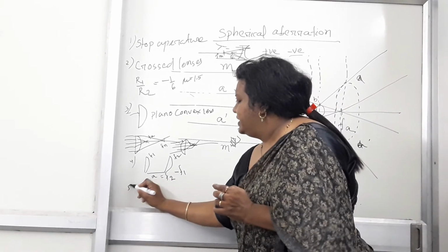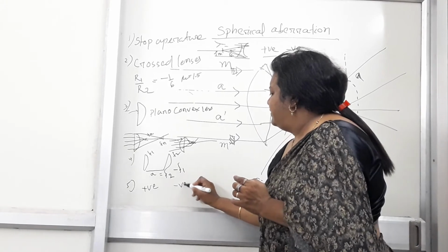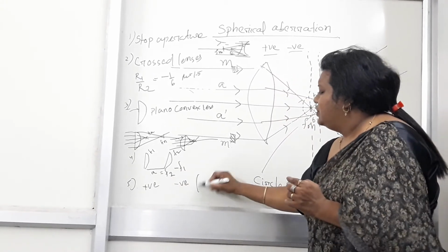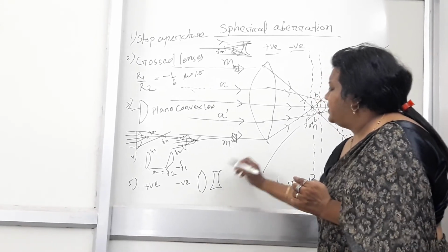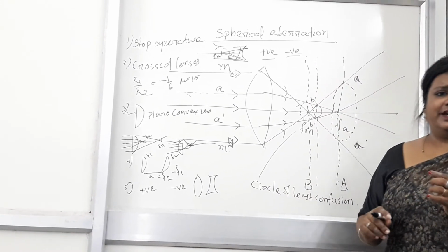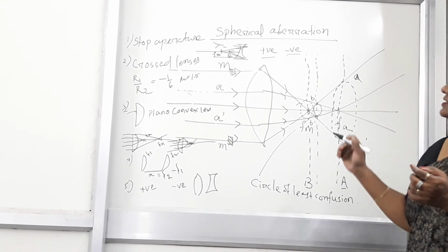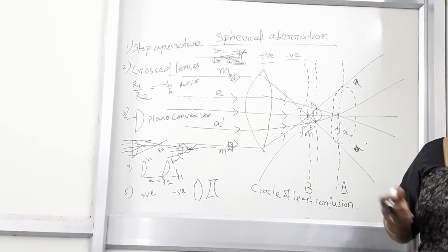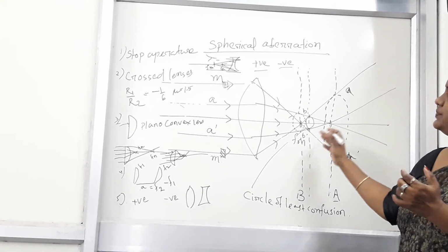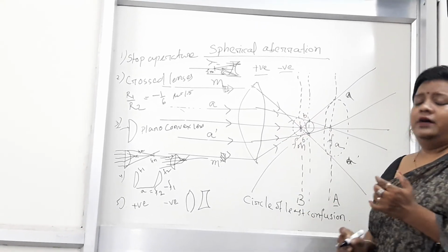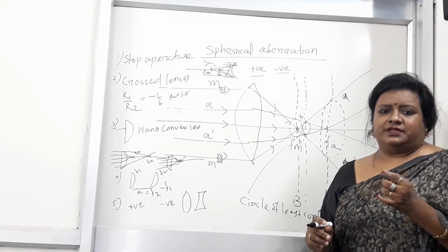And the fifth one is by using positive converging lenses and negative diverging lenses at a time, so that we can reduce the deviation produced between the marginal rays and axial rays, hence the spherical aberration can be minimum. In the syllabus, questions will arise: what is spherical aberration, or define aberration, discuss spherical aberration with a proper ray diagram, and discuss how we can eliminate spherical aberration. Thank you.